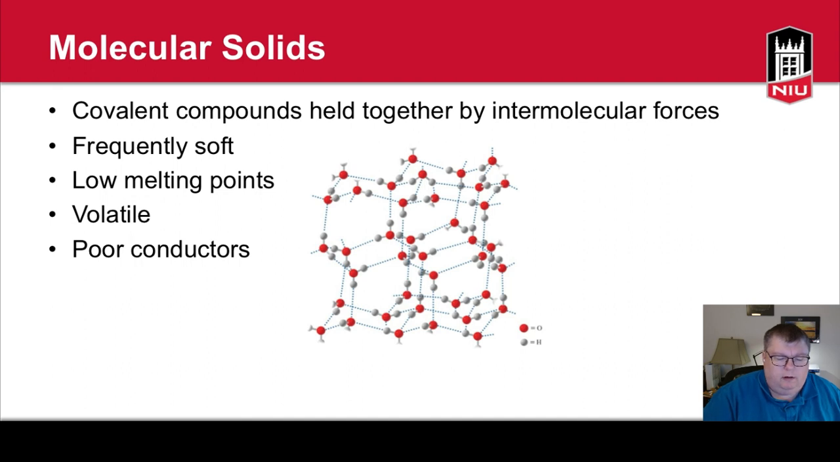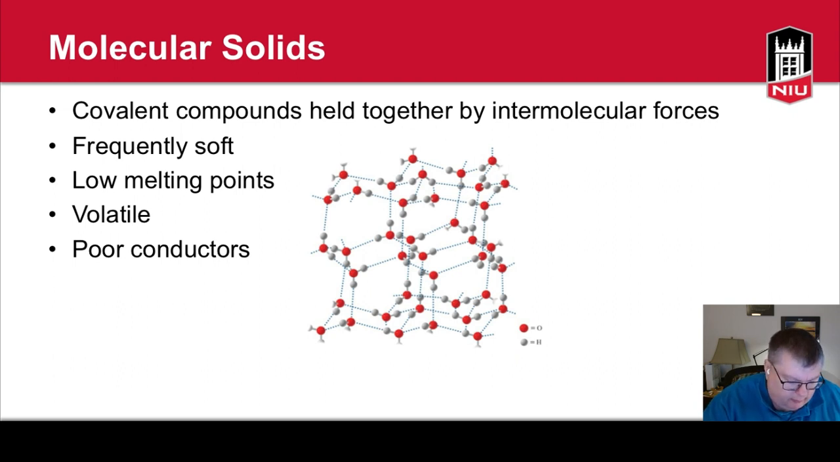Molecular solids are covalent compounds that are held together by intermolecular forces. These are frequently soft, have low melting points, often are volatile, and they are poor conductors. So here we have water in its crystalline structure in ice. You can see that there is a regular repeating pattern of